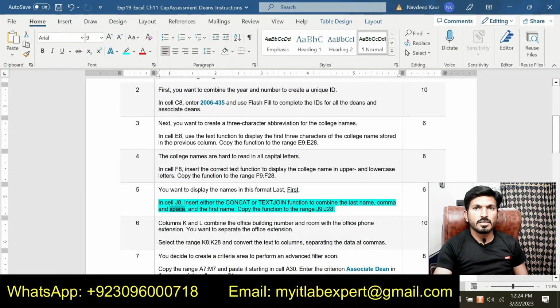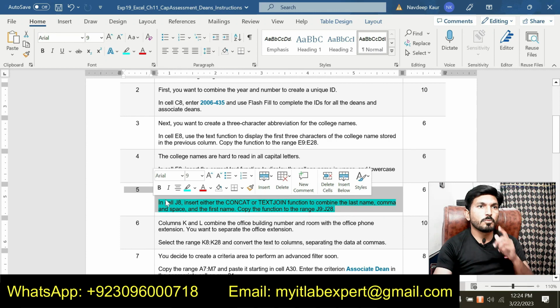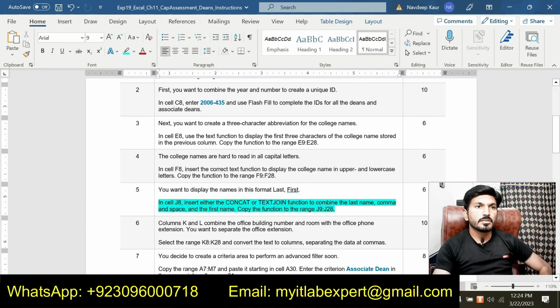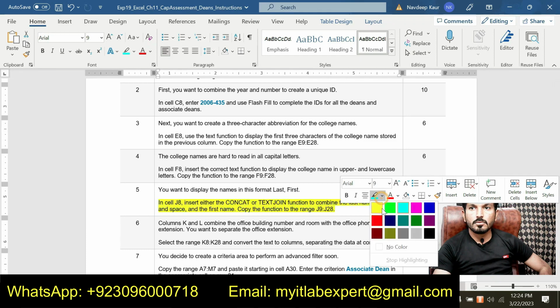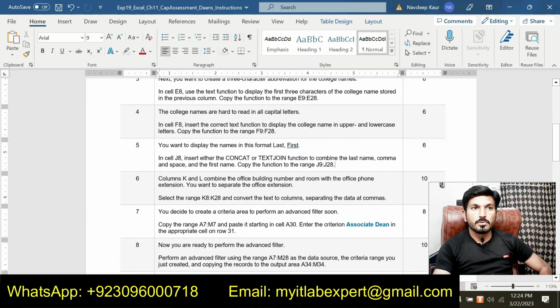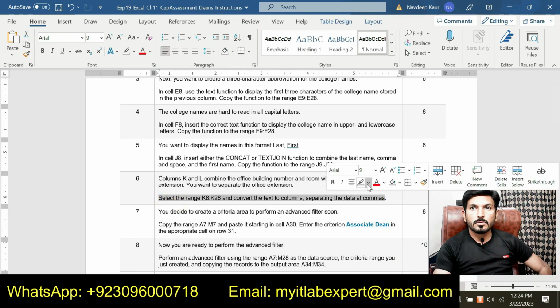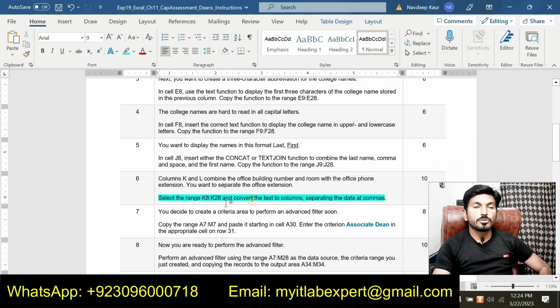That is all about step number 5. And now we will move to the next step, that is step number 6. Step number 6 is select the range K8 up to K28 and convert the text to columns, separating the data at the commas. So now we are supposed to